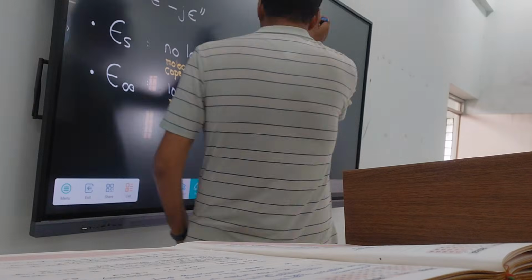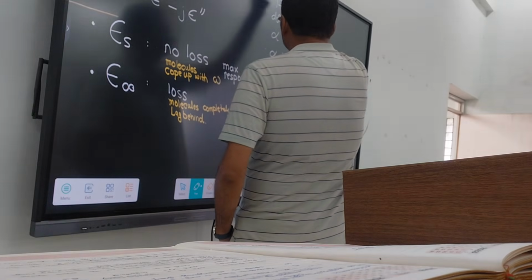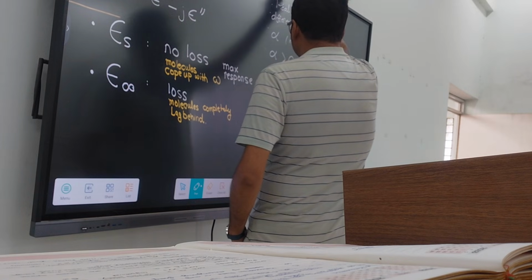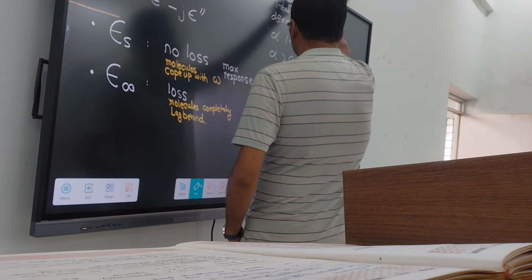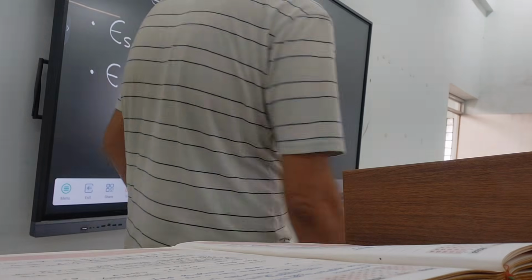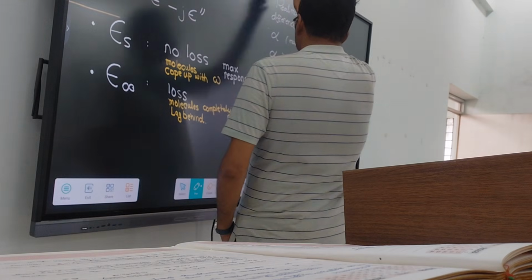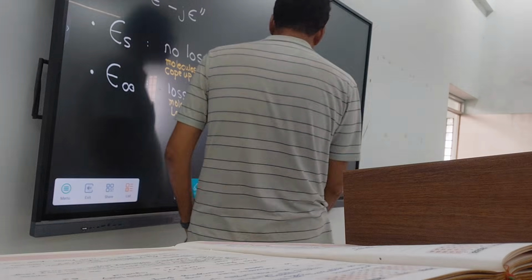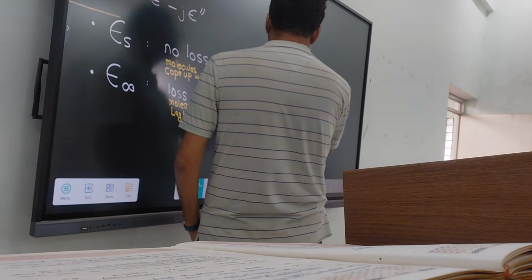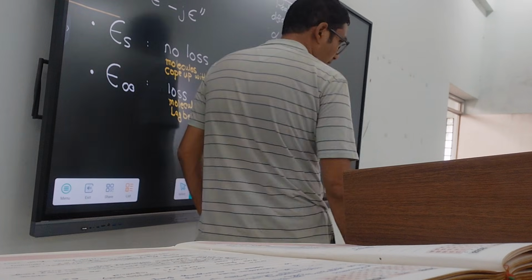And this theory was given by Cole. कोले नहीं है, स्कोल बहुत लोग सब कोले बोलते हैं, कोल प्लॉट कुछ नहीं है. Cole-Cole plot is the plot epsilon double dash with